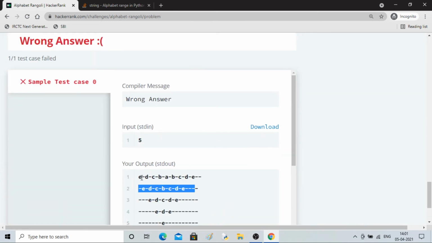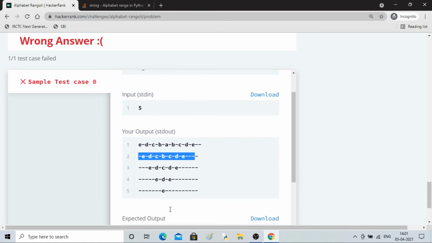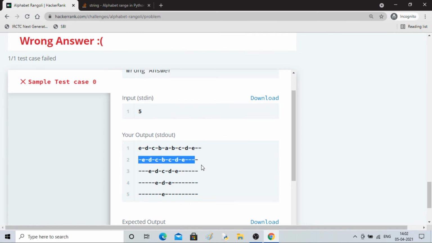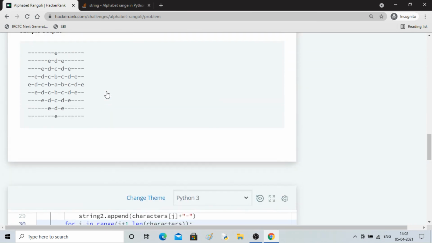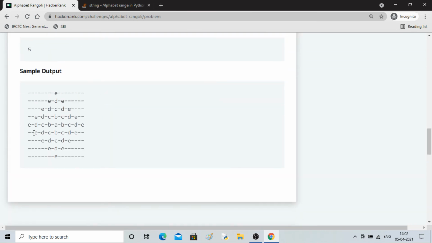So E, D, C, B, A, B, C, C, D, E, D, E, then E. Dash E. Okay, double dash we have.